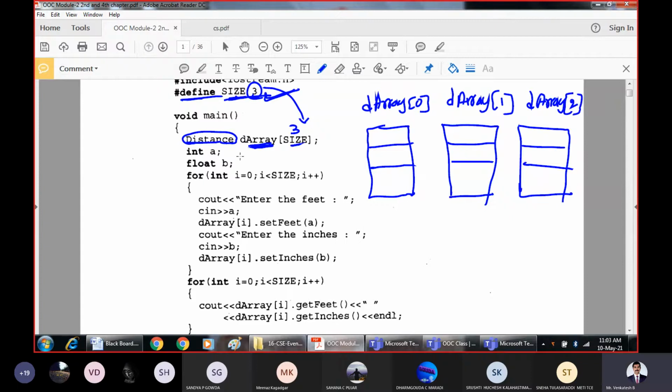After this first line, 3 array objects will get created.